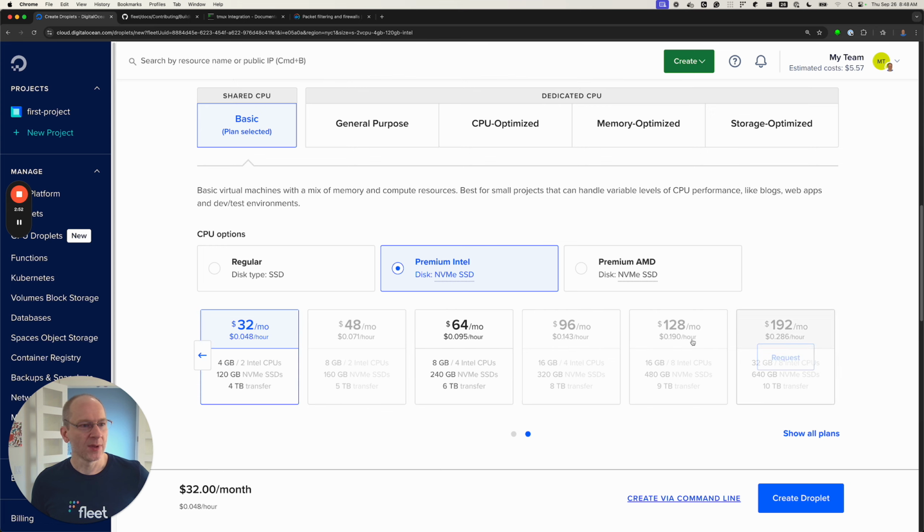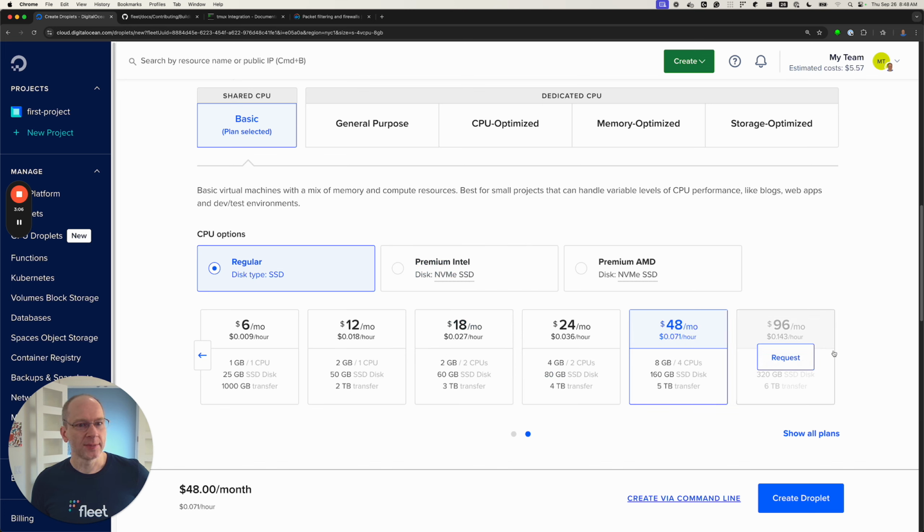In my case, what I really want is 16 gigs, but DigitalOcean hasn't allowed me to use 16 gig droplets yet. So let's do a regular one, and you can see the prices here. If I'm actually wanting to run 16 gigs, that's going to cost me approximately $1,200 a year. So that's questionable how cost effective it is unless I'm willing to spin it down over the weekend or whenever I'm not using it. All right, so create a droplet